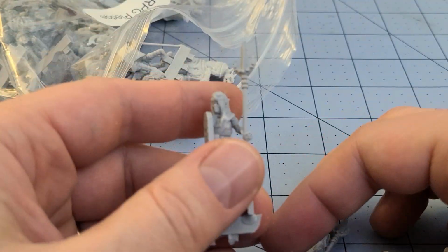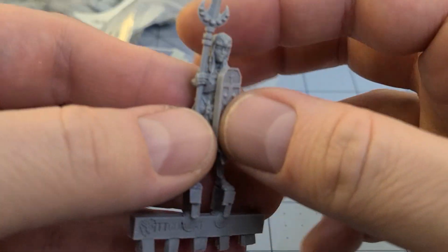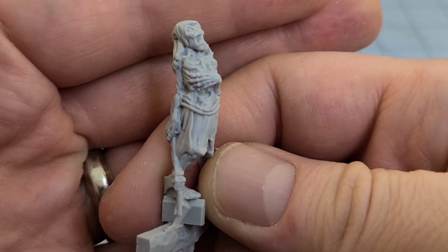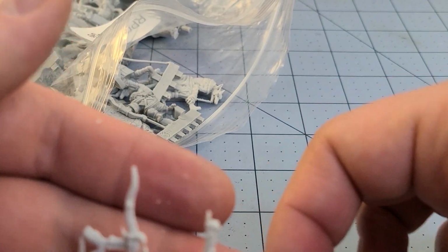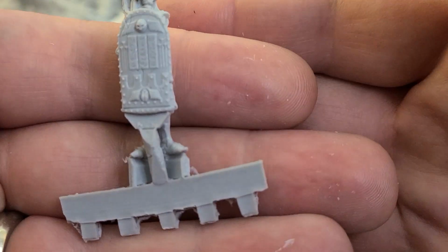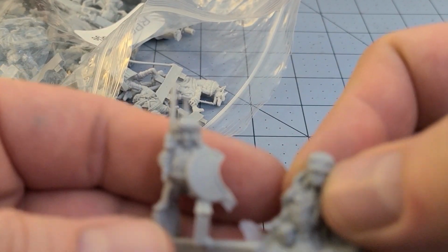So yeah, if this looks like a lot of models to you, it is. And it worked out to a really crazy deal, almost a pound a model, which in resin is a pretty stinking good deal. And there's been a ton of variety, as you can see. Other than these random hands that show up every now and again, almost everything has been a single cast piece. So if you're into that, more halflings, more bodies,